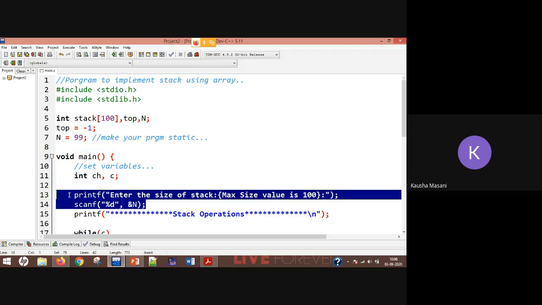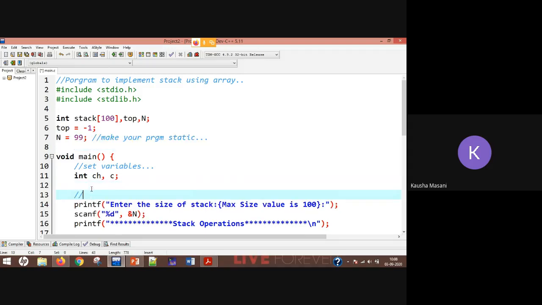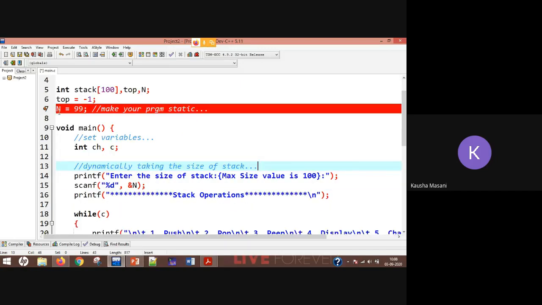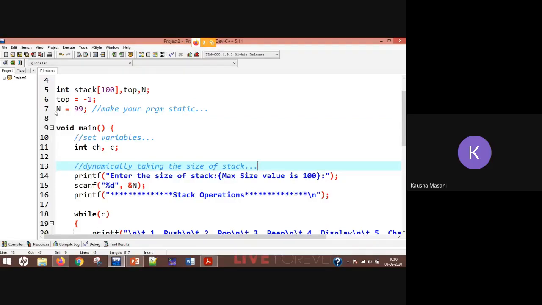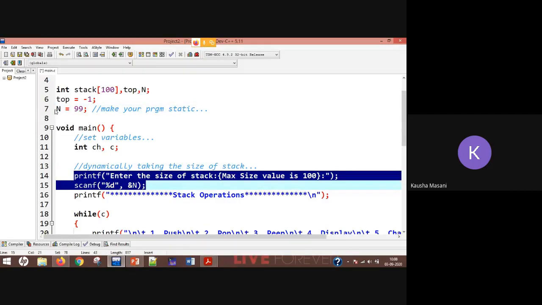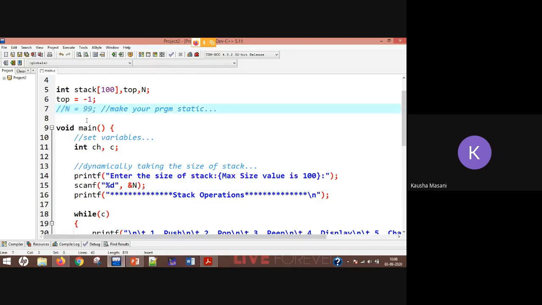But if you go with this method, then you are dynamically taking the stack size. Fine. So either way you can do it, but the preferable one is this. Keep your program as dynamic as possible.